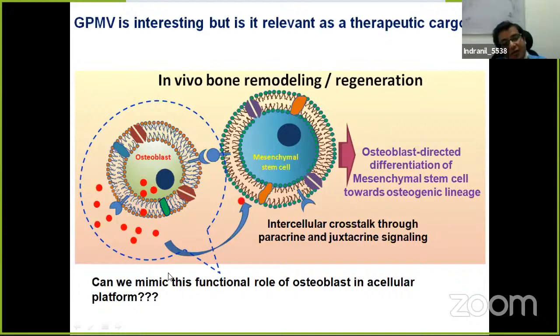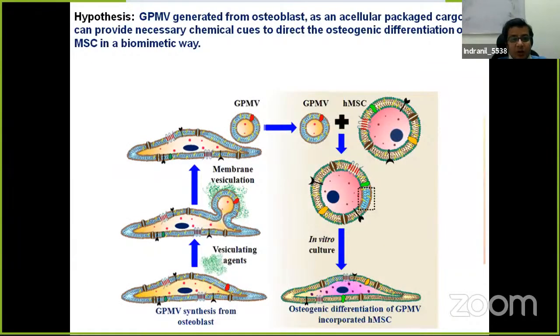So our idea was, if we generate some membrane vesicles from osteoblasts, can we mimic this functional role in an acellular platform? So we thought of this hypothesis that the giant plasma membrane vesicles generated from osteoblasts, as an acellular packaged cargo, can provide necessary chemical cues to direct the osteogenic differentiation of MSC